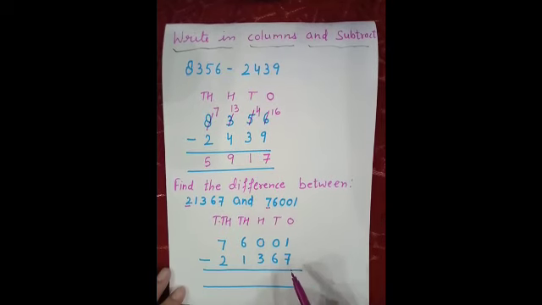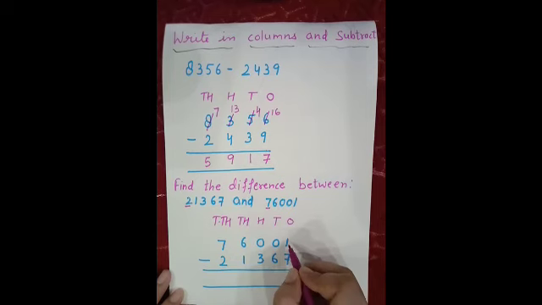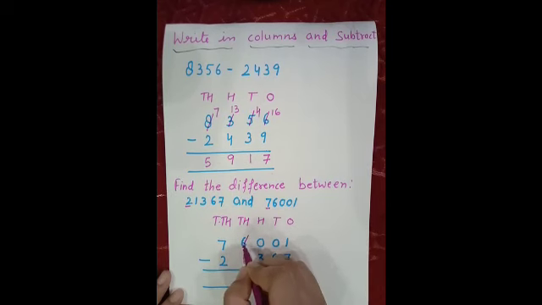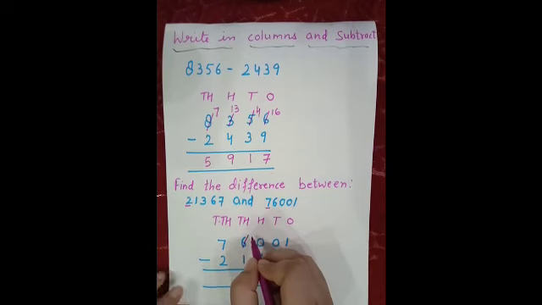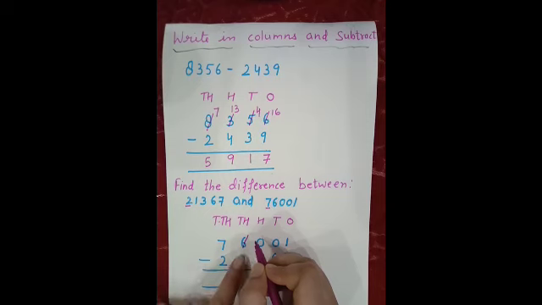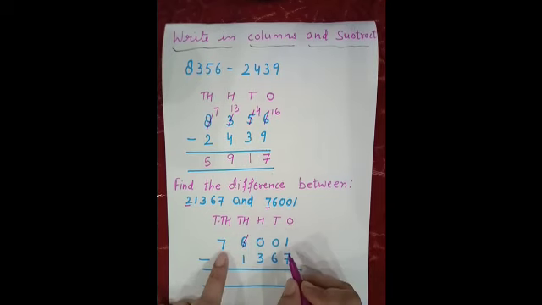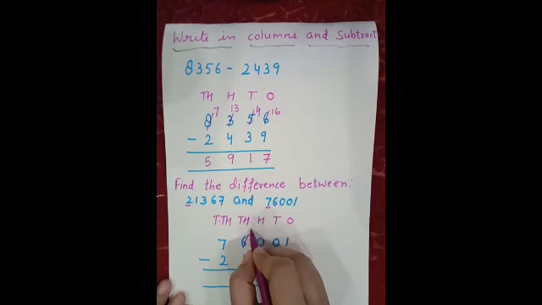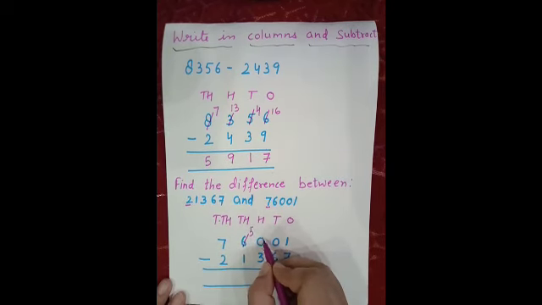Now let us just start the subtraction. Can we subtract 7 from 1? No. It means we have to borrow. So we will borrow from tens. But tens is having 0. So tens will borrow from hundreds. Again hundreds is having 0. So hundreds will borrow from thousands. So thousands will get decomposed. The number at the minuend place at the thousands place is 6. So it will get decomposed into 5. And this hundreds place 0 will become 10.